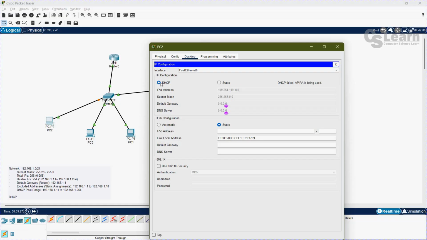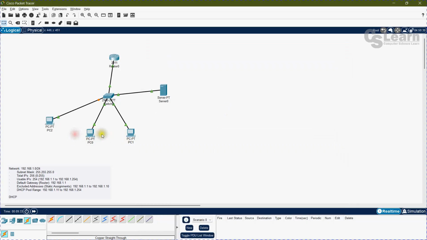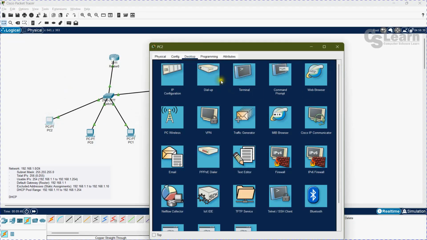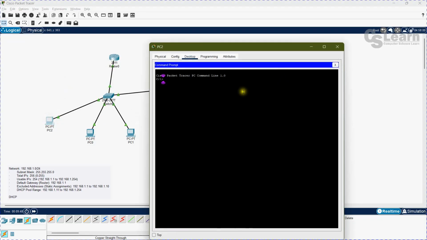So right now this IP is wrong, because those two devices were configured by a configuration that was taken before the link was connected. I added this one newly, so that's why I need to do something. That means ipconfig